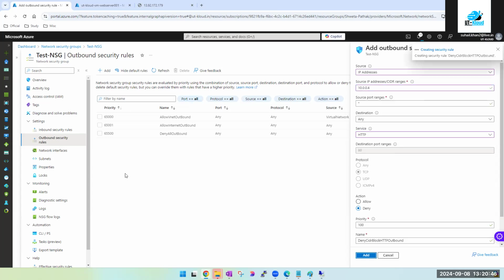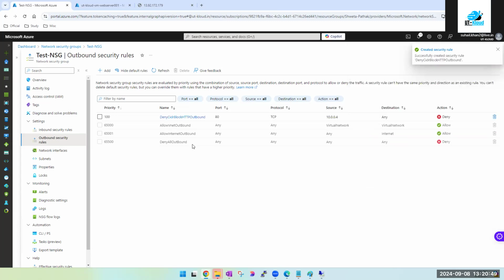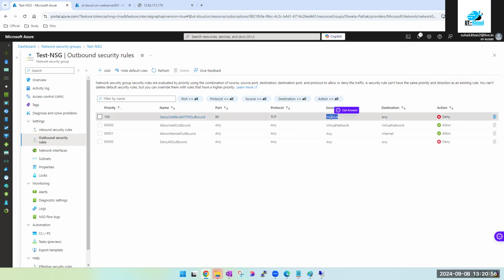Then what? This is a rule in the same NSG, but will it apply to other computers? No. Why? Because their source address is different. This will come into the picture only when the source address matches this one. Similarly, you have only two machines, so create one more with the other machine's IP address. Sorted? Yes. Is it clear, guys? Everyone? Yes, yes. We will end up making two outbound rules, right? Yes. If there are two machines, two outbound rules. Got it.